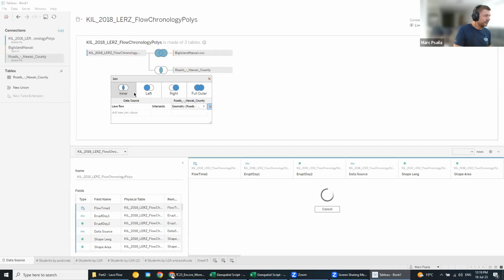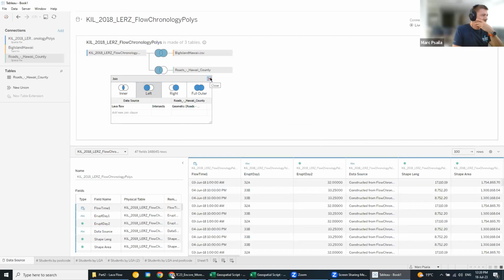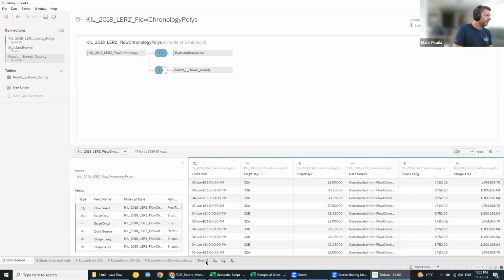Again, I can think about what I want to do here. Maybe I want to create a left join, so I keep everything in my lava flow, but I only want to display the roads that have been impacted. Now if I go back to my sheet 5,